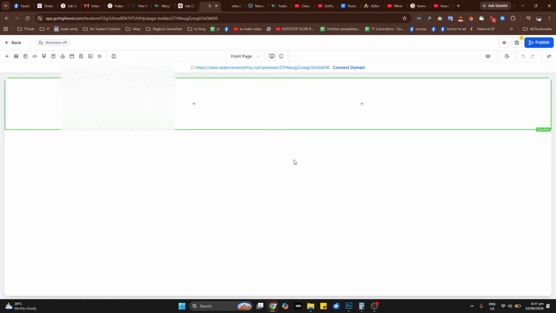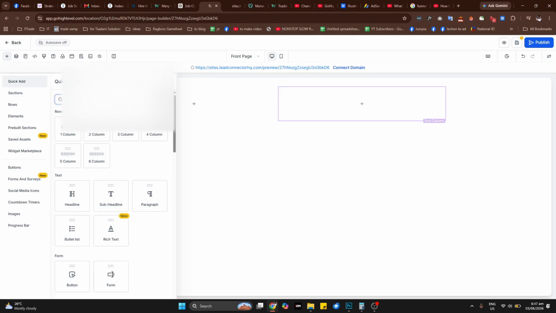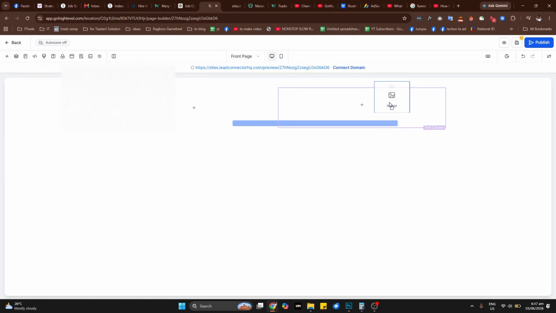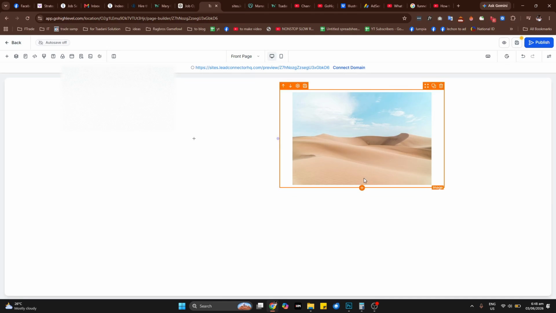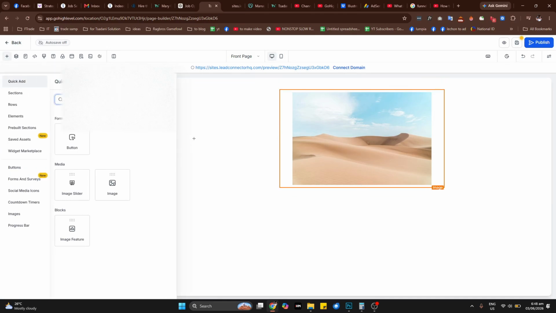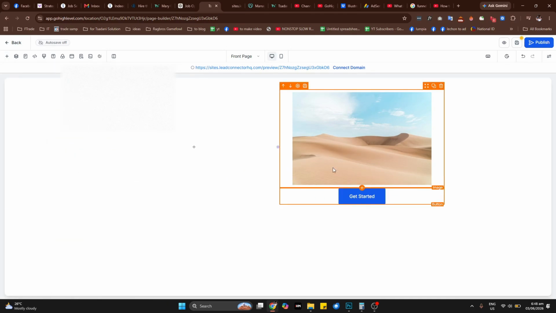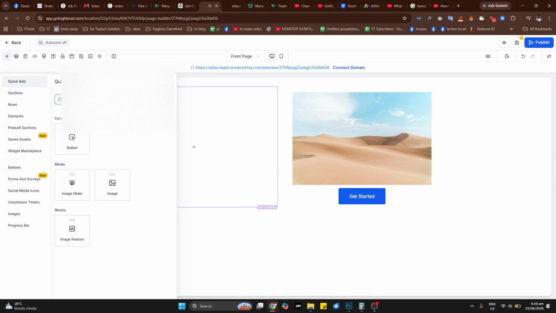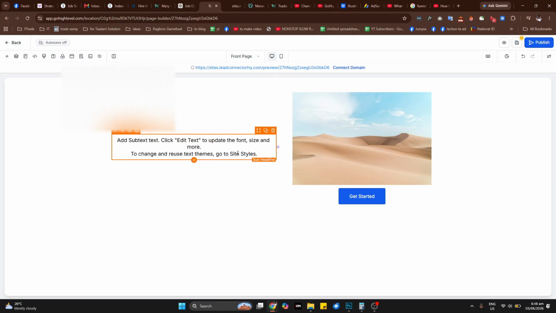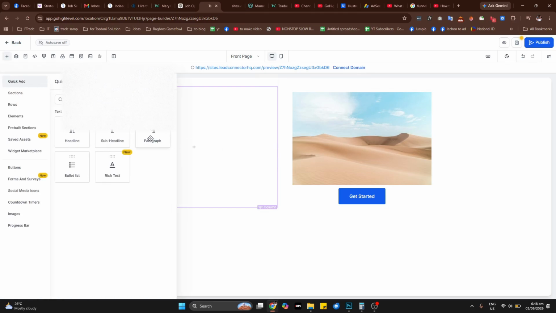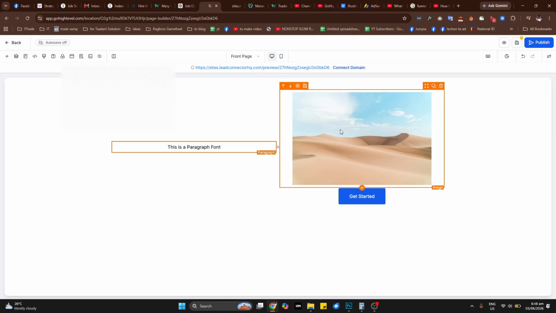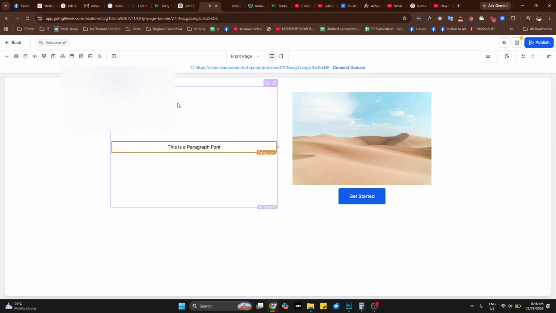Okay, so let's try two columns and let's add an image. Let's try to make it very simple so that we can finish it faster, as long as you can understand how it works. So text, you can add a text here, a paragraph explaining your product or service. For example, this is the image of your product and service. So this is where you're going to explain the product or service that you have.